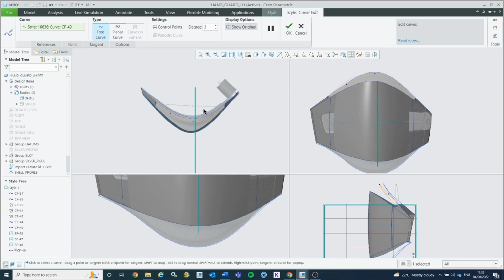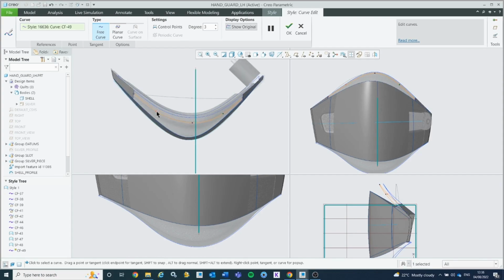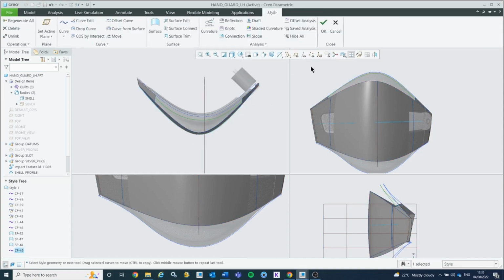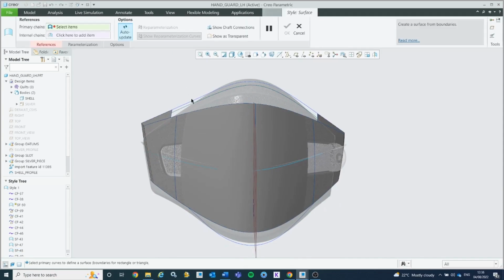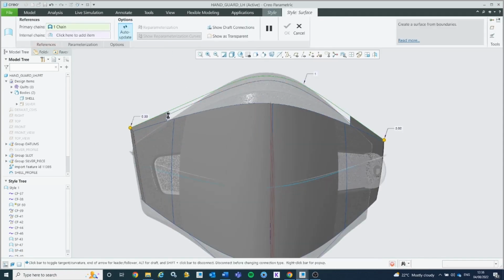That one's in a pretty good position. We'll tweak it a little bit. So we'll bring that one in, this one in here, and this one ever so slightly. Still using that imagery to trace that geometry. So we can hit OK, turn off the 4 views, and then we can go in and create our next surface in here,